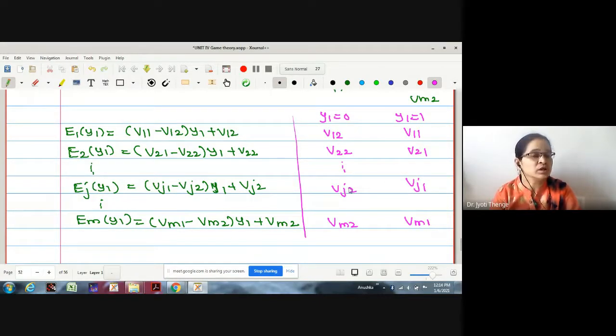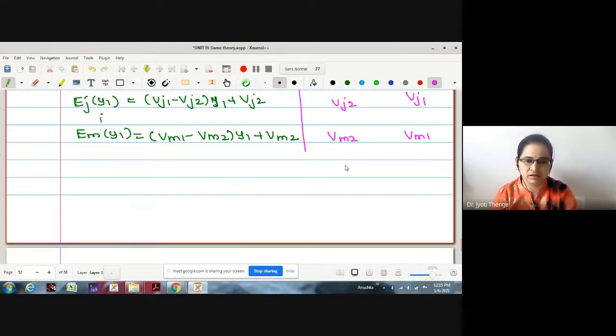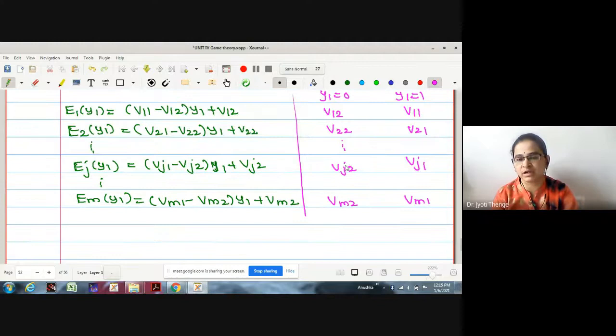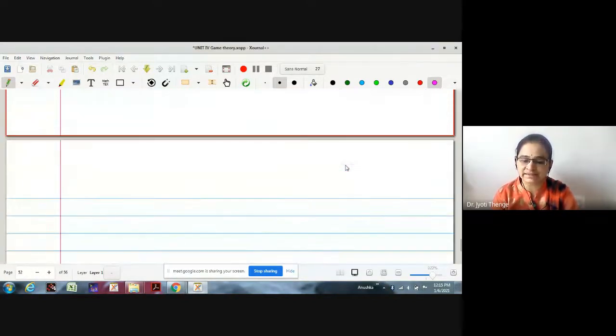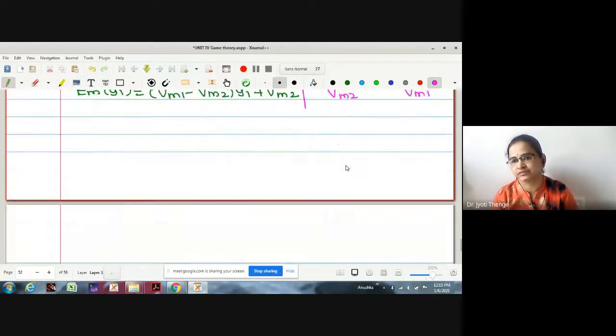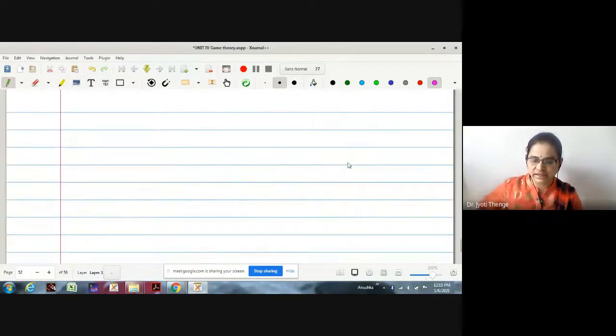Up to this, the process is very similar to the graphical method of 2 by n games. But now we will change. Instead of considering the lower boundary, we will find the upper boundary, and the minimum point of the upper boundary will be our expected min max point actually. Up to this, is there any problem? I'll take an example to discuss this in detail.